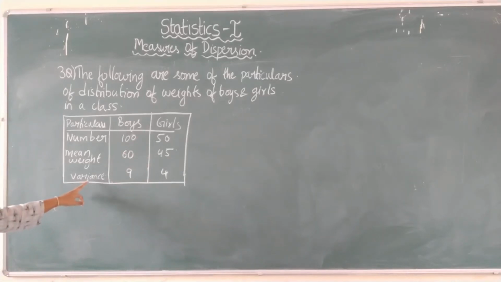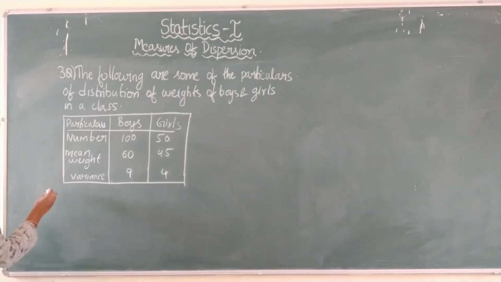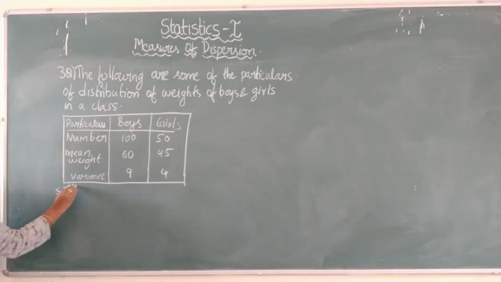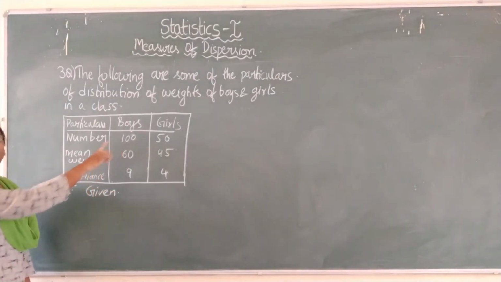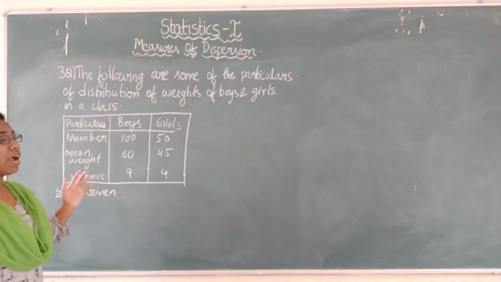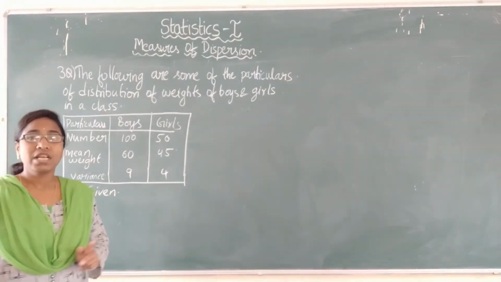And coming to the variance, the last one, variance is given as: the variance for boys is 9 and for girls is 4. Now first write down all the particulars given in the question. So first given number of boys. So here we are having two samples, right? So whenever you have two samples, the first sample